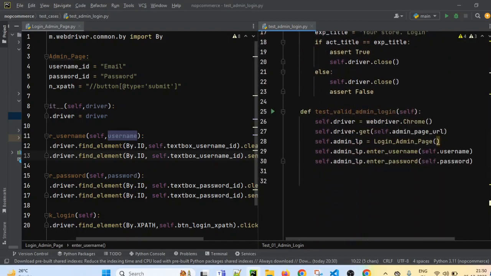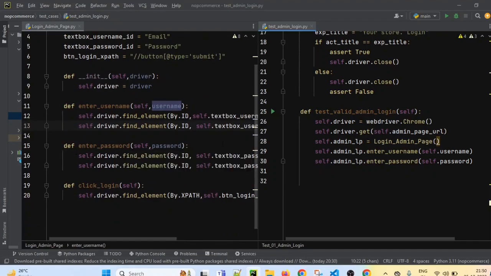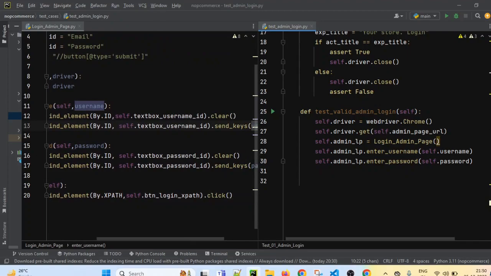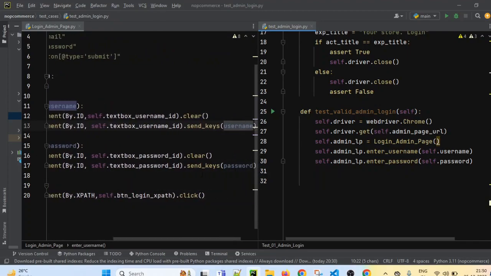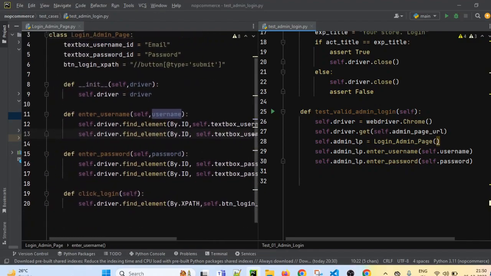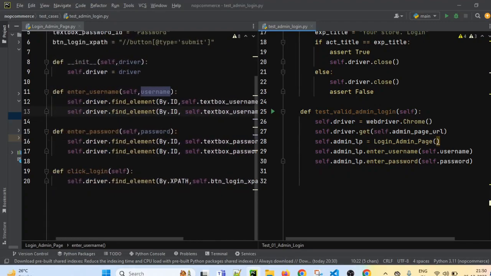So we are calling enter password method from our base page. So here is the enter password method. So it will pass that password here. And from this, it will clear the password first and then it will pass that password to that password field. After locating the password field, it will pass this value to that password field. So it will successfully enter the password as well.